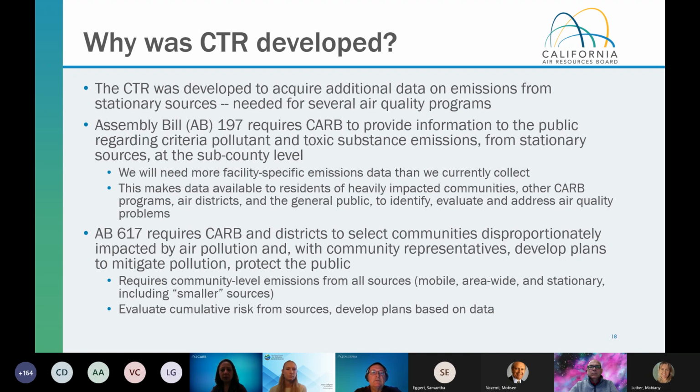So why was CTR developed? Basically, it was to meet the needs of several programs here at CARB on a statewide level, and to also have CARB comply with our obligation under recent legislation at the state level. So a more complete, disaggregated, and updated stationary source emissions inventory is needed for several air quality programs here